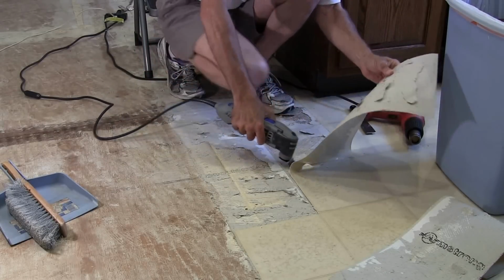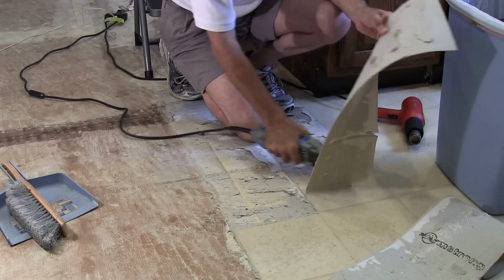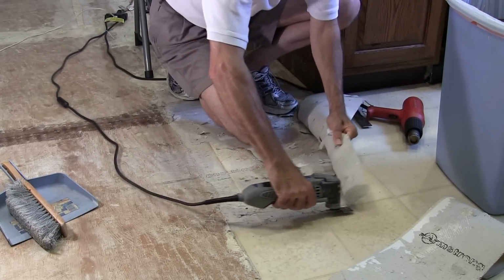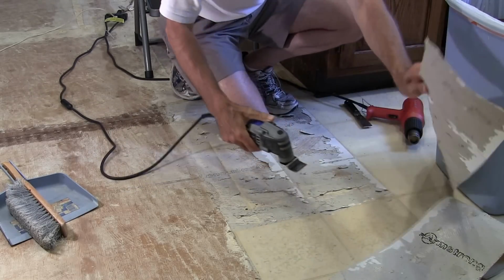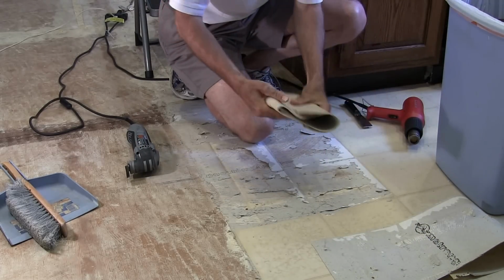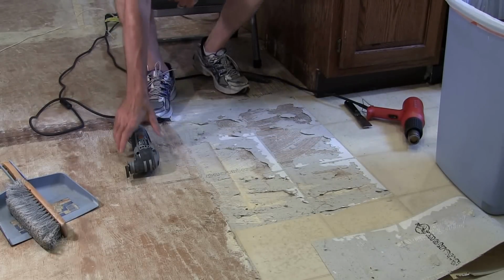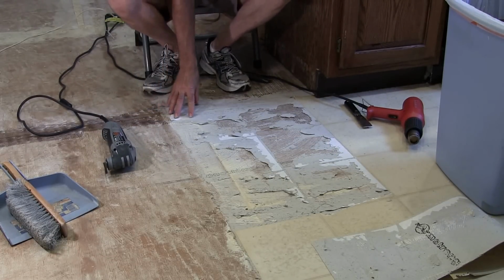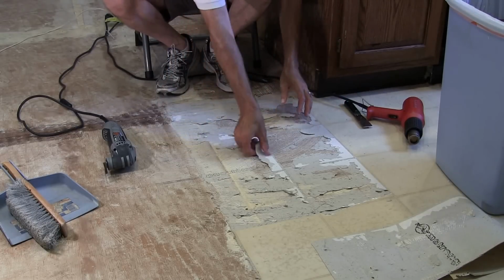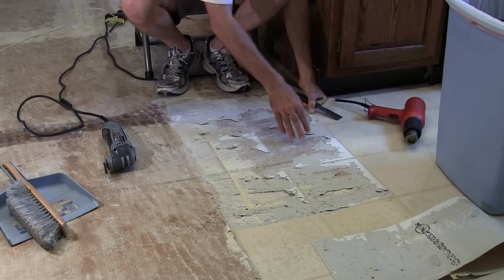After you've done enough areas. Almost there. Have to cut into that a little bit. Okay, I just fold this up, crush it down, throw it into the trash can, and you're left with, particularly the toughest glue, like I mentioned, is where the seams of the linoleum were, and the rest of the glue areas, some of that comes off, but there's a lot of glue on here that comes up relatively simply with